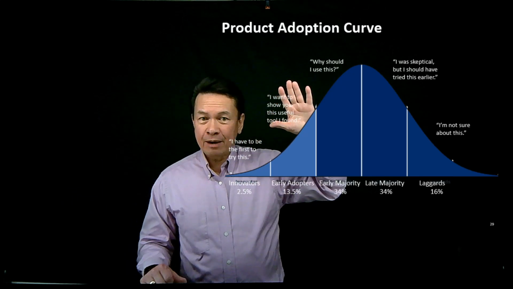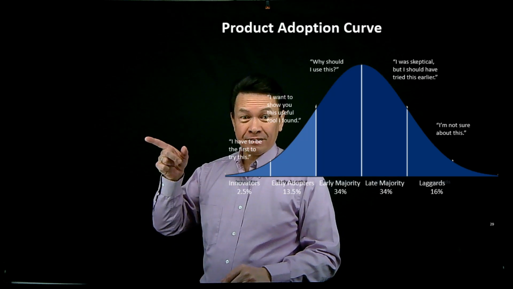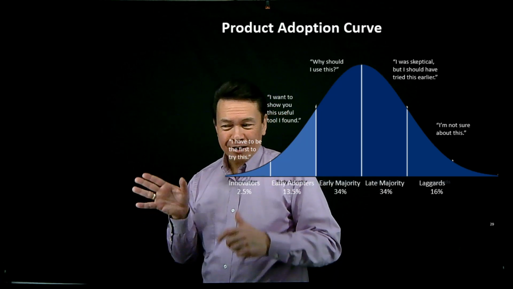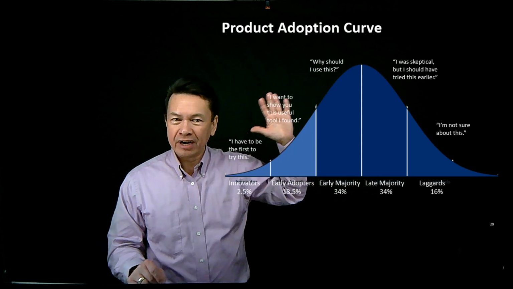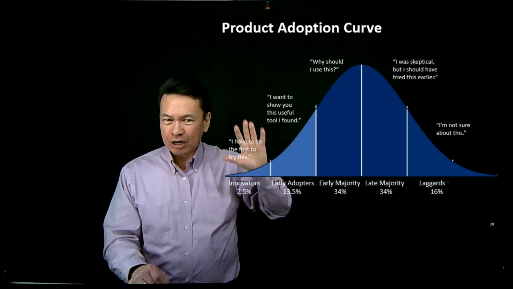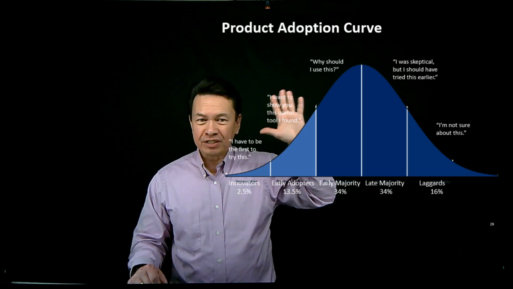The early adopters basically are looking and saying, Justin's doing pretty well with it. I'm in. Count me in. I wanted to be in there, but I wasn't sure. But if Justin's doing it, I'm going to do it, right? So they're fast followers, because they're going to jump into the trend. They don't want to be first, but they don't mind being second or third, right? And then they're going to jump in the trend and take advantage of it.